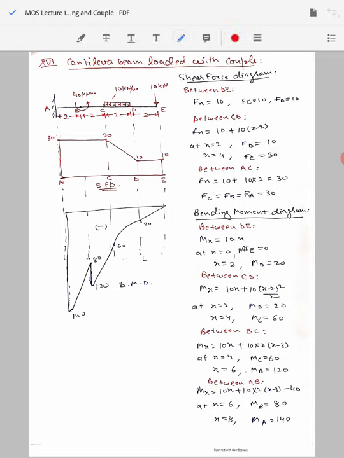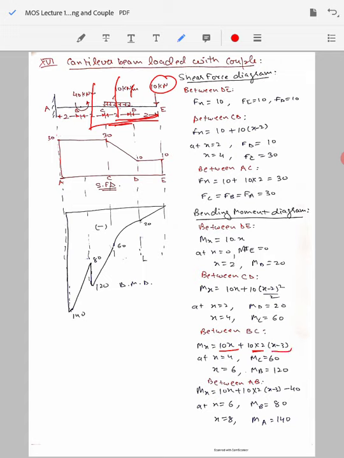For the span BC, if you assume the beam to be cut anywhere between this and you consider only the right hand side portion of the beam, the equation will be 10x. That means force 10 acting at a distance of x meter from this cut section. Then you have the total 10 into 2 kilonewton load, 10 kilonewton per meter acting over 2 meter. So 10 into 2 kilonewton load, and you can assume this to be acting exactly at the middle of this span for the purpose of calculating moment. So this distance, because it's 3 meter, that value will be x minus 3.